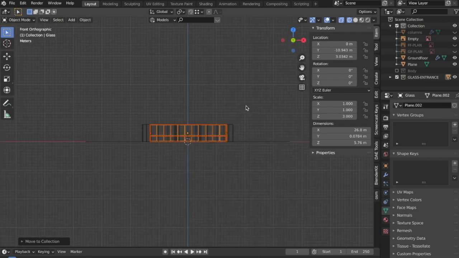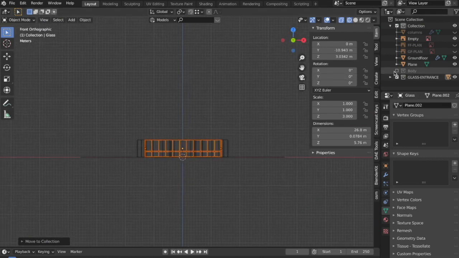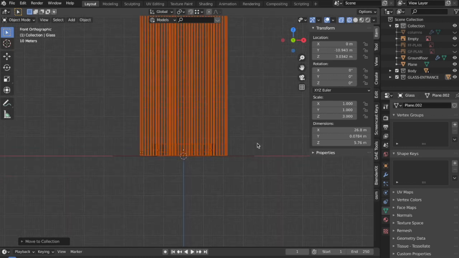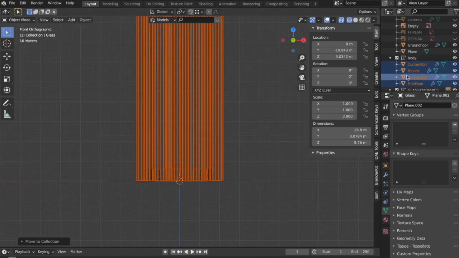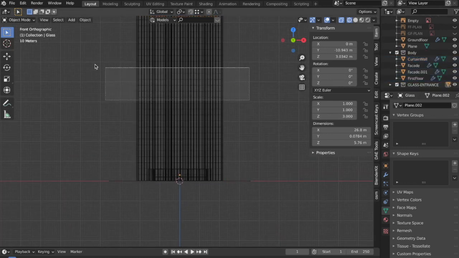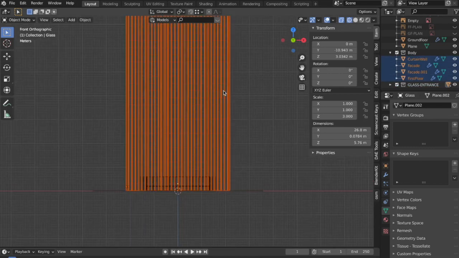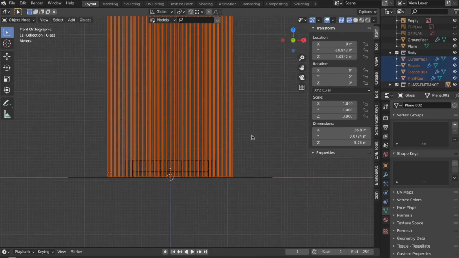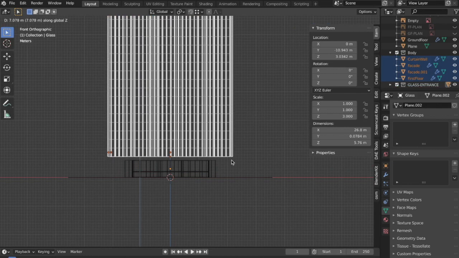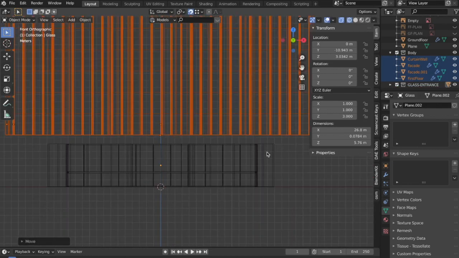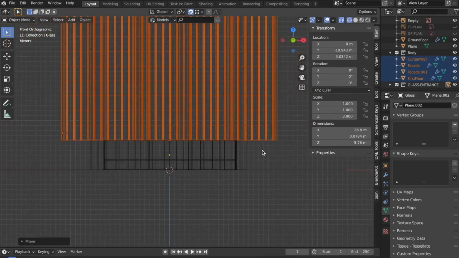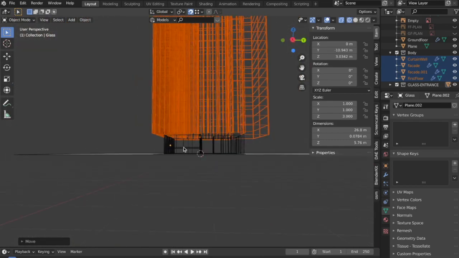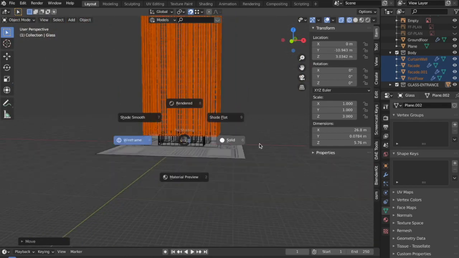what we didn't do for the main body part, now I'll explain it to you. But before we begin, I want you to select all these parts that are going to be in the body of the building, press G and then Z and bring it till this point, turn on the snap thing and then snap it to this. So this is how the main form of the building is, and this is how we are going to keep it.